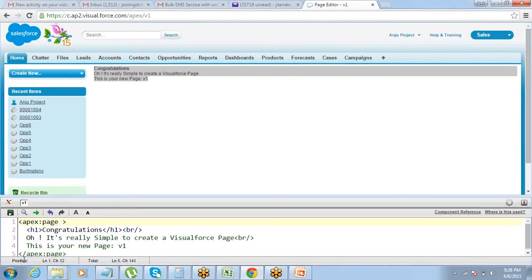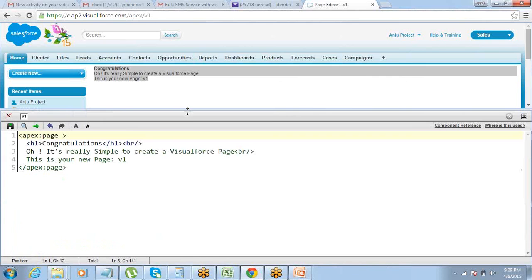But we will need to use a controller in case we want to display data from a certain object. I told you that the controller controls what data can be displayed on the page. We will also require controllers for controlling actions like saving the data, editing the data and stuff like that. So once we meet tomorrow, we are going to start our discussion on the standard controller. We'll create some pages and stuff.